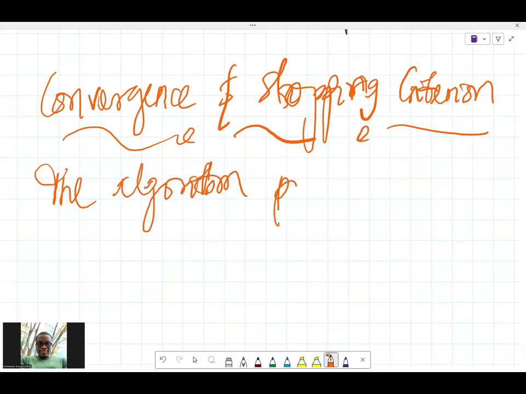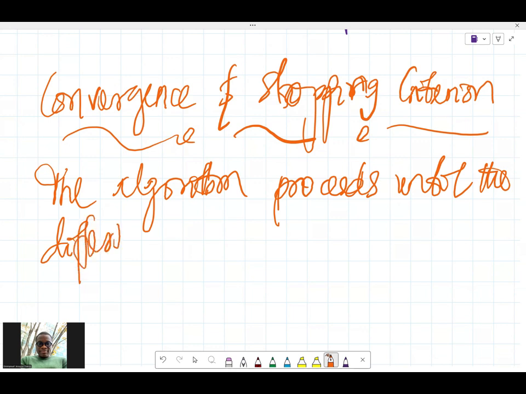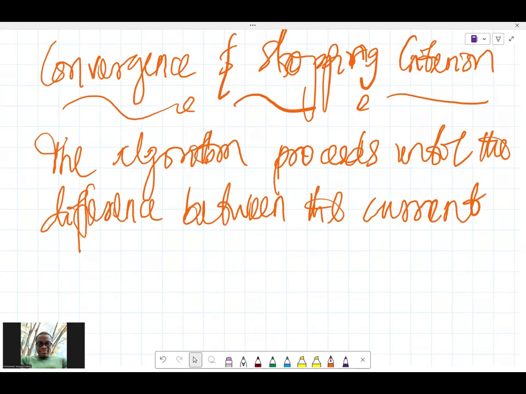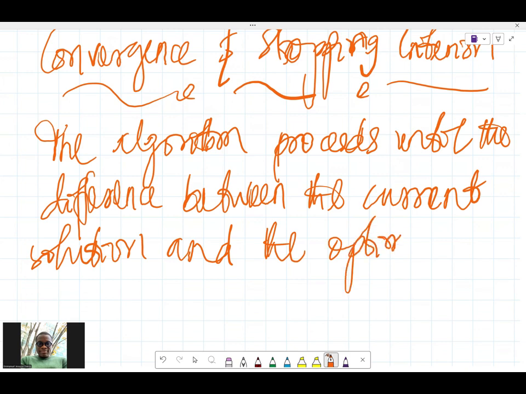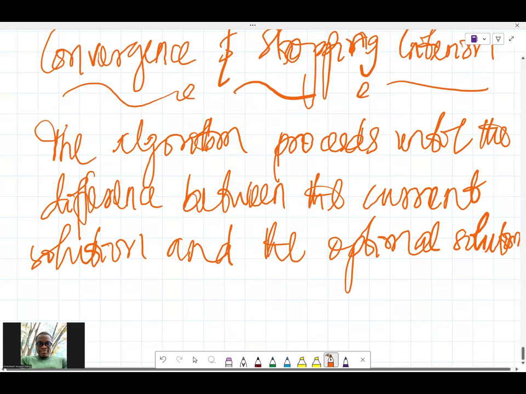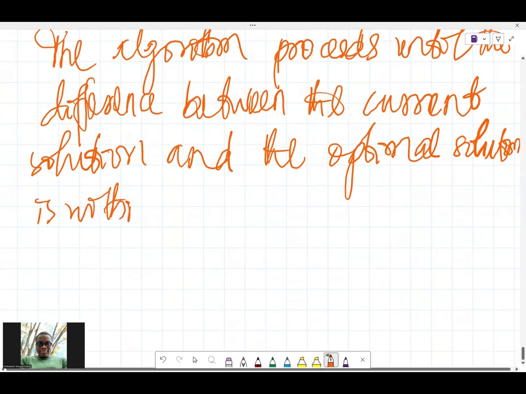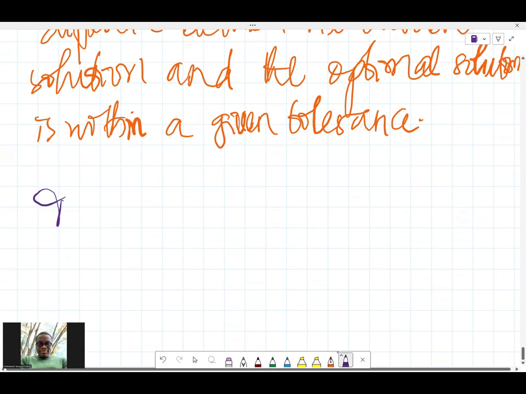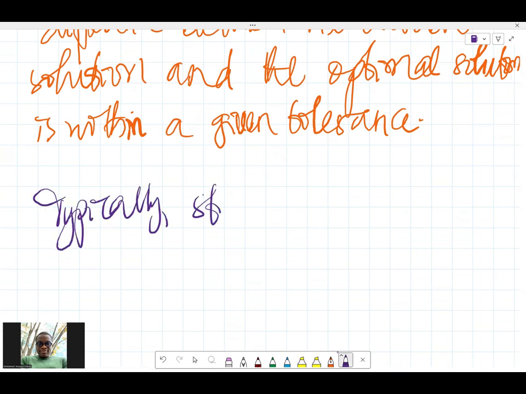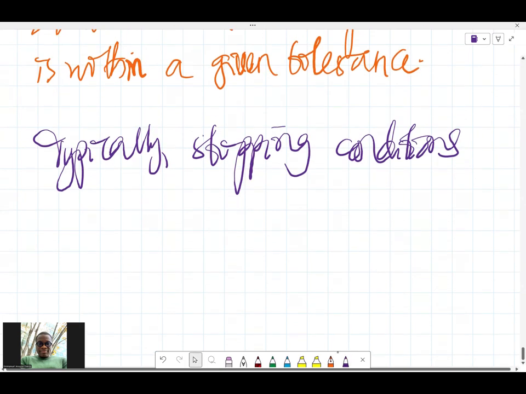So the algorithm proceeds until the difference between the current solution and the optimal solution is within a given tolerance. Typically, stopping conditions include